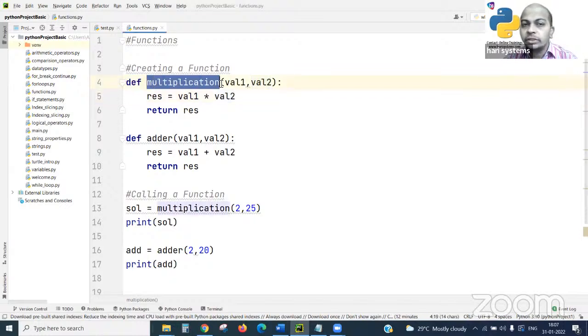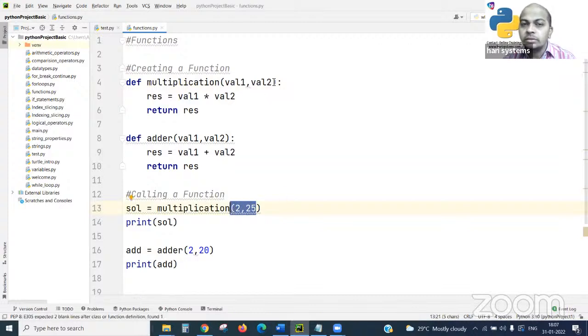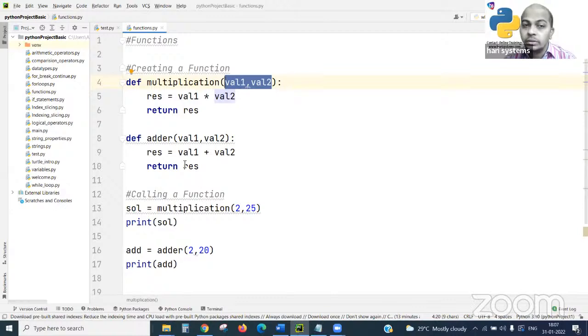We need to write a function, and we have also seen how to pass parameters with the order of arguments. These will be called arguments, and these are the parameters. This is a very important interview question.